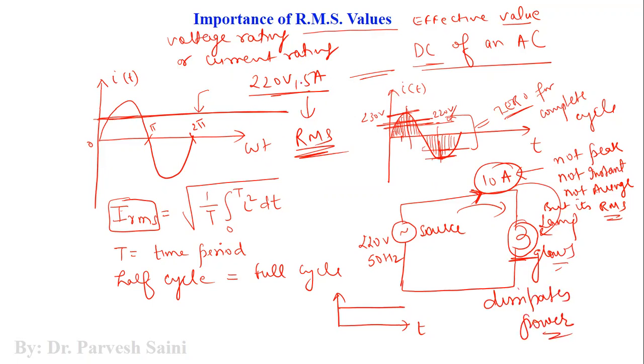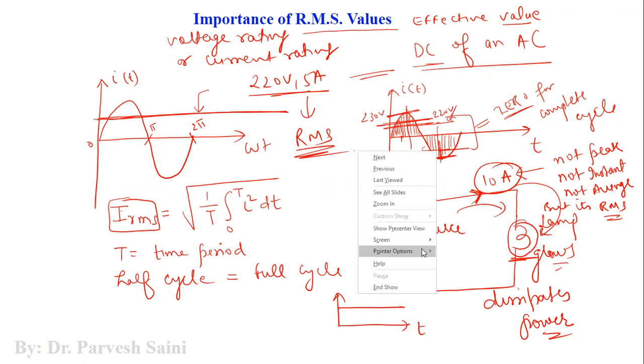So your RMS value is related to the dissipation of heat in electrical systems. Dissipation of heat means dissipation of power, right? So this is how we can relate the RMS value as an important component of the